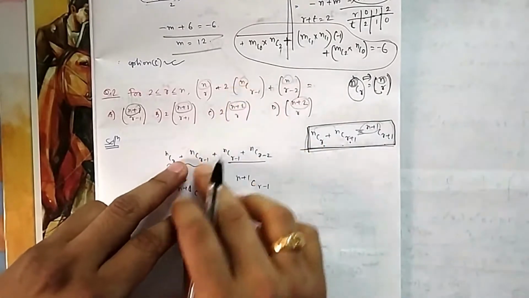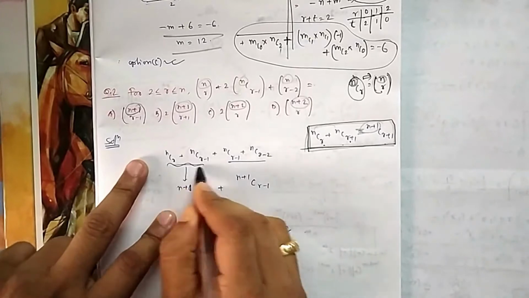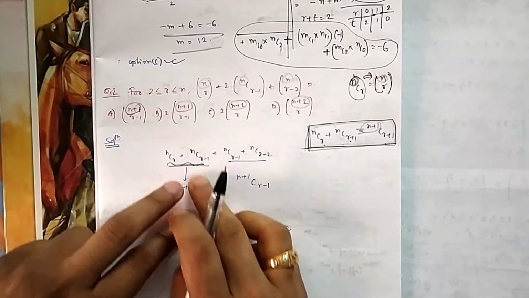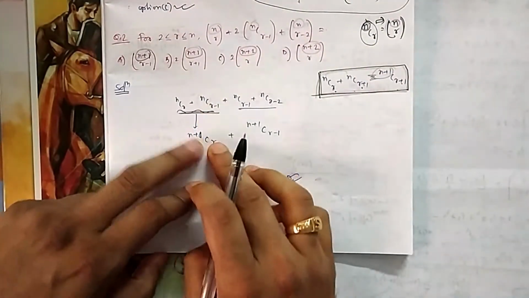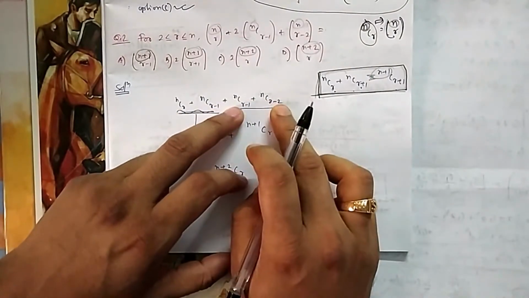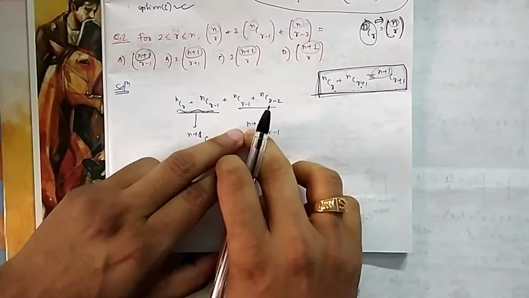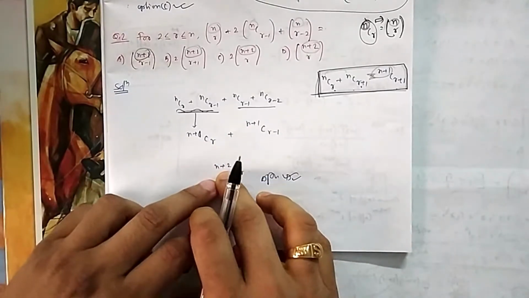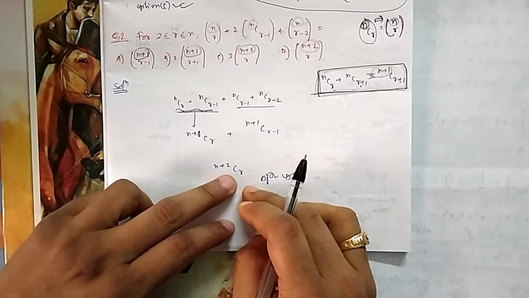So if I write it, then NCR minus 1, NCR minus 1, 2, and you separate it, then these two, what will it become? Because NCR and NC, these are two conjugative. So the power of n will be added, the upper power will increase now, n plus 1, and out of these two you will take the highest. Here also, out of these two which one is highest? R minus 1. R minus 1 and R minus 2, R minus 1, and the upper power will be increased, because these two are successive. Then if we add these two, same, the upper power will be increased, and out of this which one is greatest? 2. So it becomes easy for you.